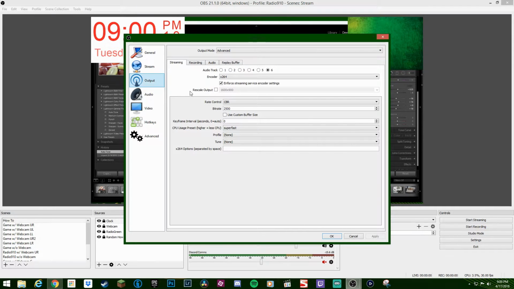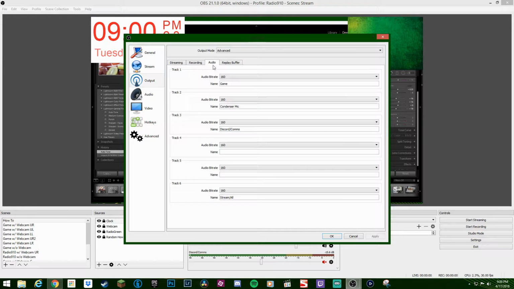Now I'm going to move to output because this actually brings up audio still. So this is all based on recording setups too. My output mode is set to advanced. I recommend doing that even if you don't know. You can learn. Learning is great. So if you go to the audio tab in your output tab, I guess, of settings,